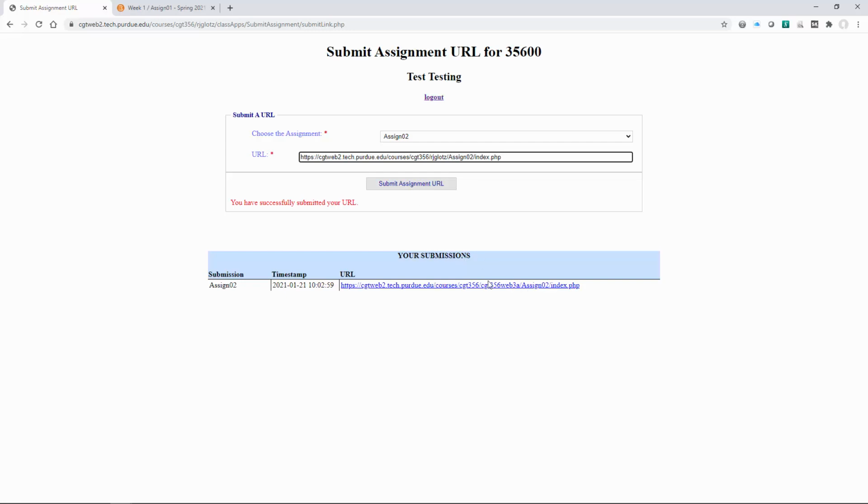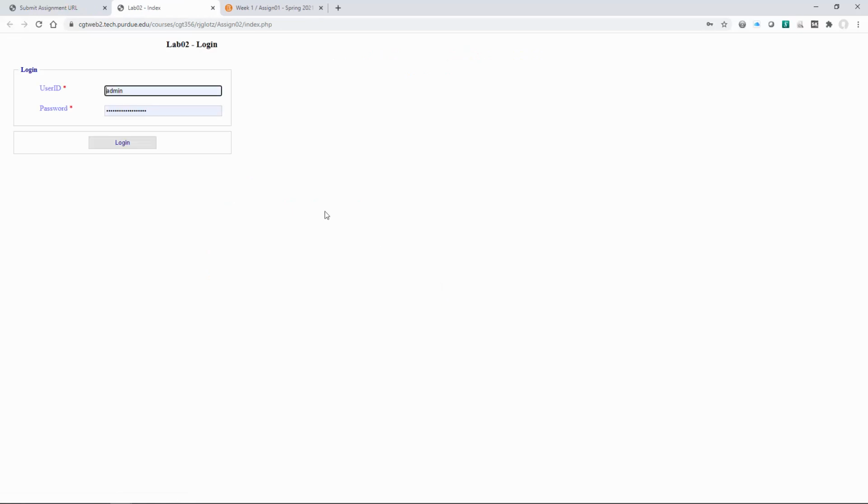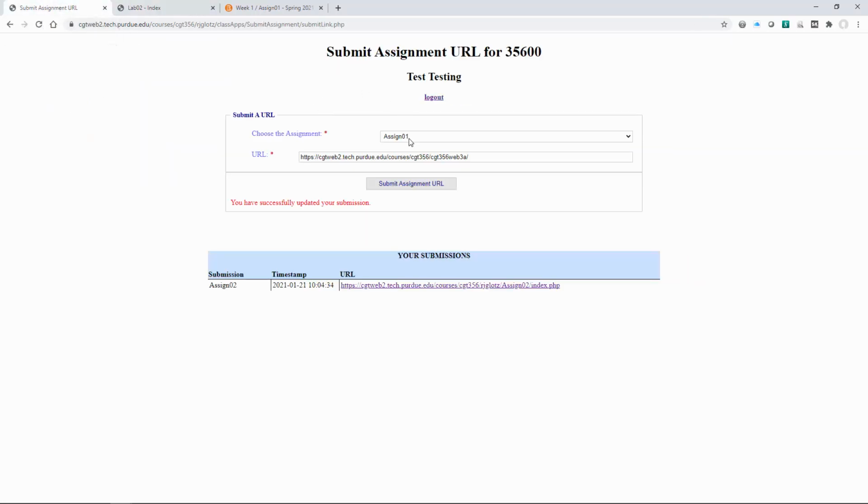Now when I submit that, this is going to change. You'll see it says it updated the submission. So I've still got the assignment 2 there. And now when I click on this, my lab 2 actually loads there. And I know the beginning of lab 2 actually looks a lot like the login for this. Surprise, surprise, right? So again, you come back